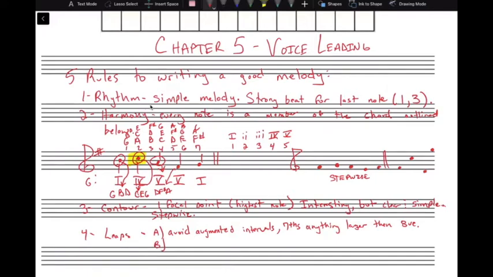B. If you leap more than a fourth, you want to leap in the opposite direction. So if you leap up a fourth, you have to go down a step in the opposite direction. I'll show you that here. So if you leap more than a fourth, you need to resolve